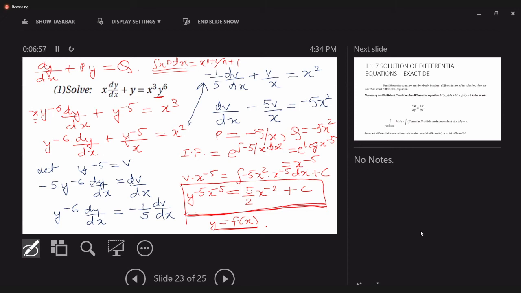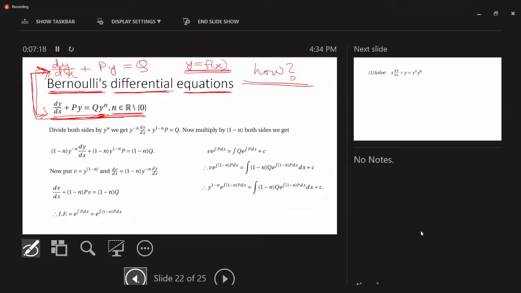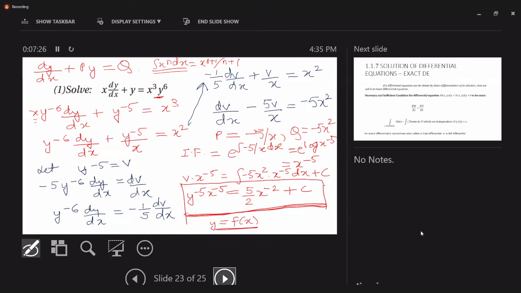Why do we write the constant before integration? Like in the final answer, before the final answer is the integration of minus 5x squared into x raised to minus 5 dx plus c. We have just used the same formula. We are following the notation. Even if you don't write it at this step, it is okay. Don't worry, it will not be marked as incorrect. Whenever we have an indefinite integral, at that time we must present the constant of integration. Just keep that simple thing in mind.